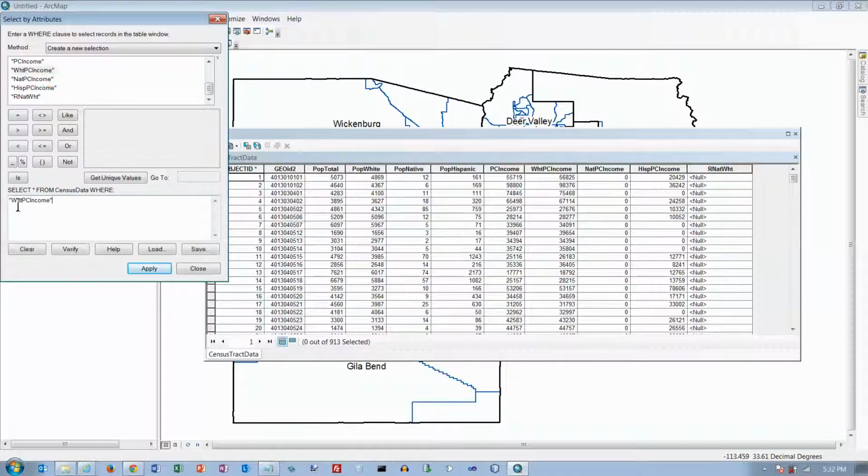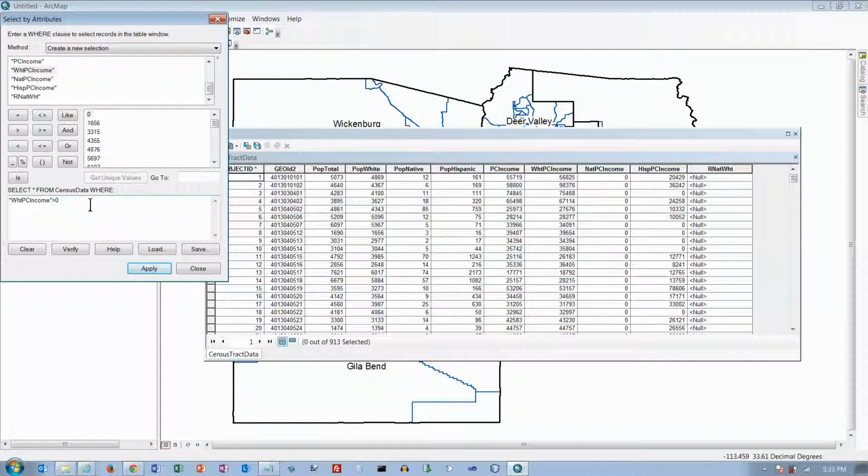We're going to build a little rule here for selecting records, and the first part of the rule we don't have any choice about. It's saying select everything from the census data table where the white per capita income is greater than 0, and you can either type greater than 0, or you can go up here and click on that and then click on unique values, and then 0 comes up for some of them,